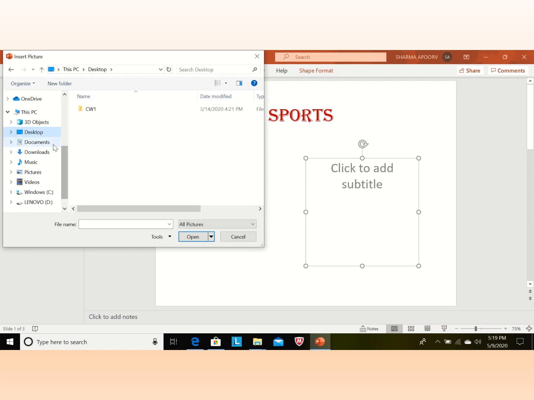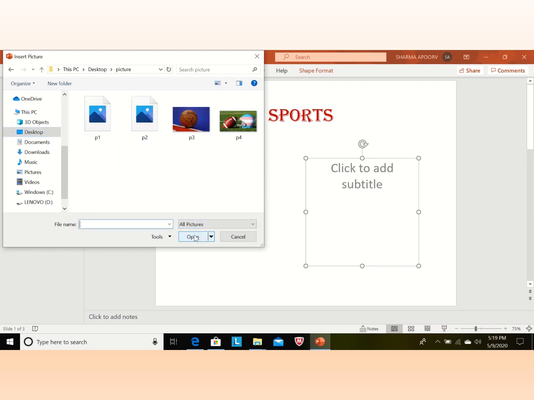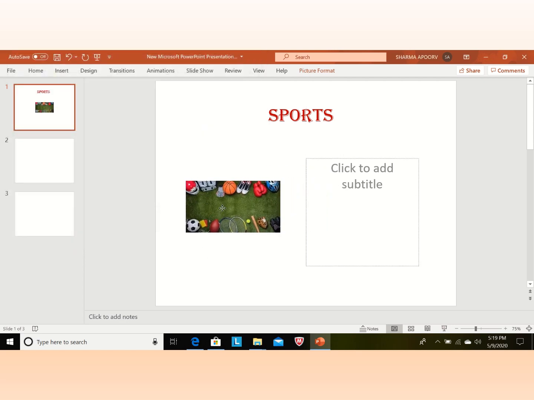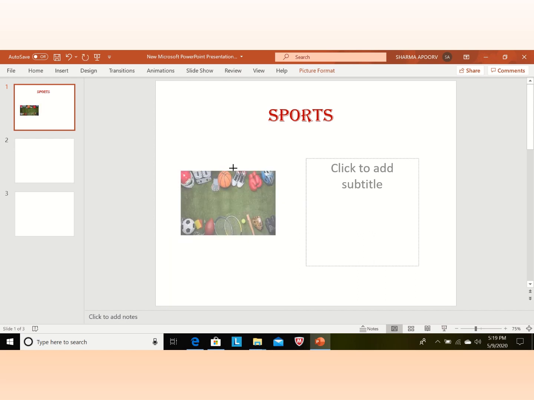Select desktop because I have my folder on the desktop. This is my picture folder. I open this and select the picture from my folder. I can place it anywhere in my slide.